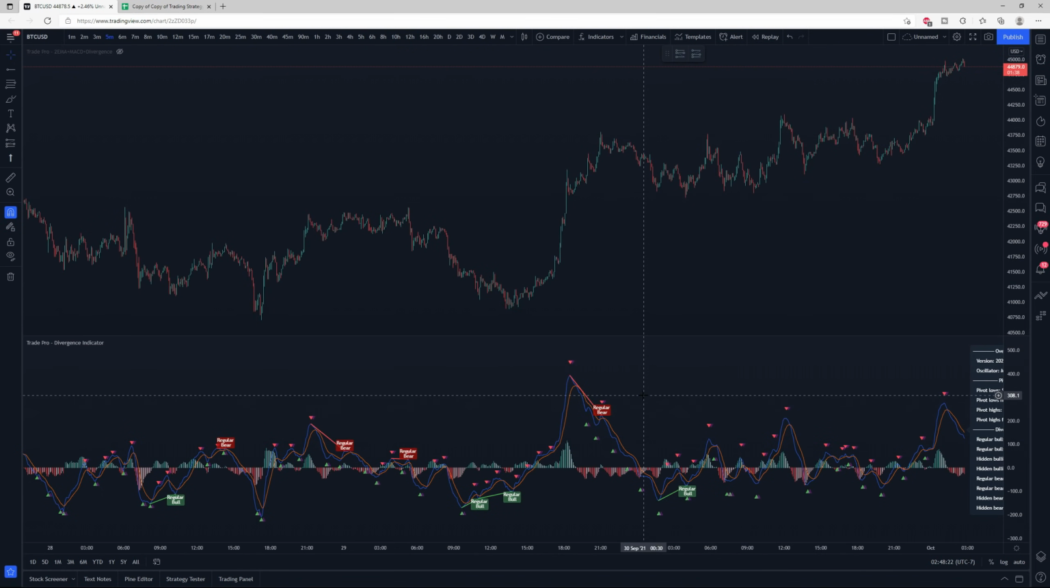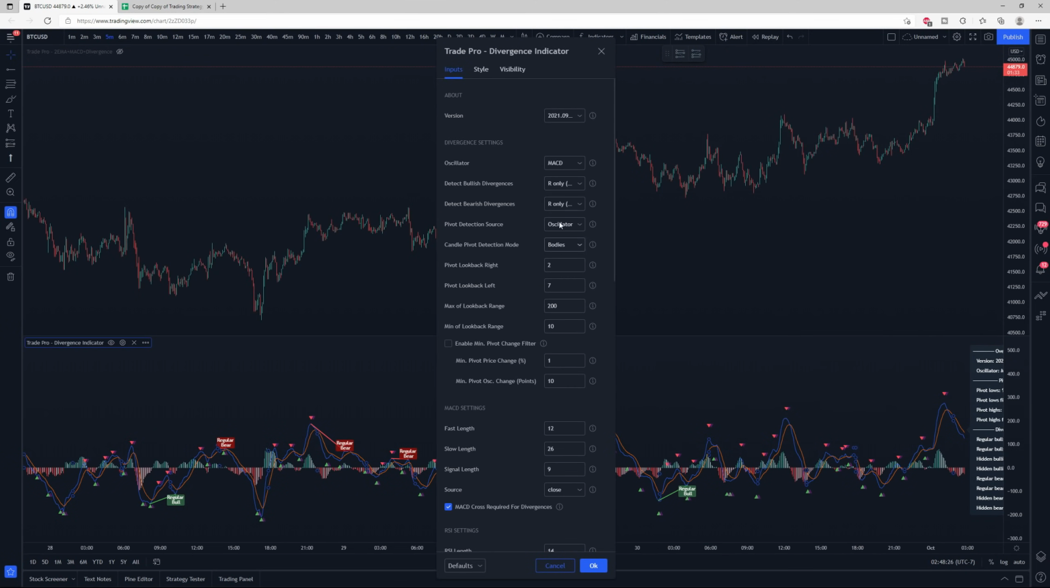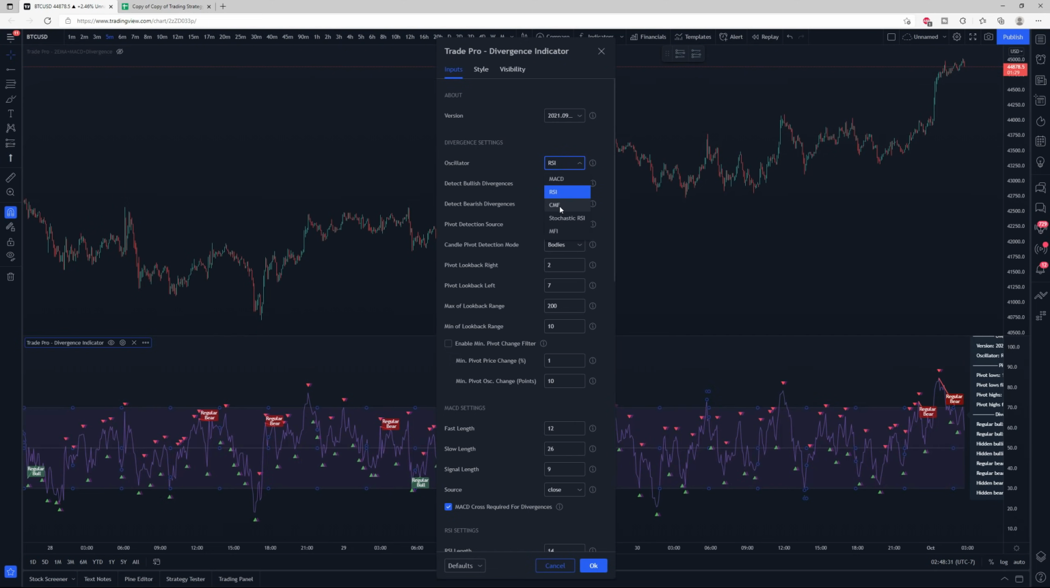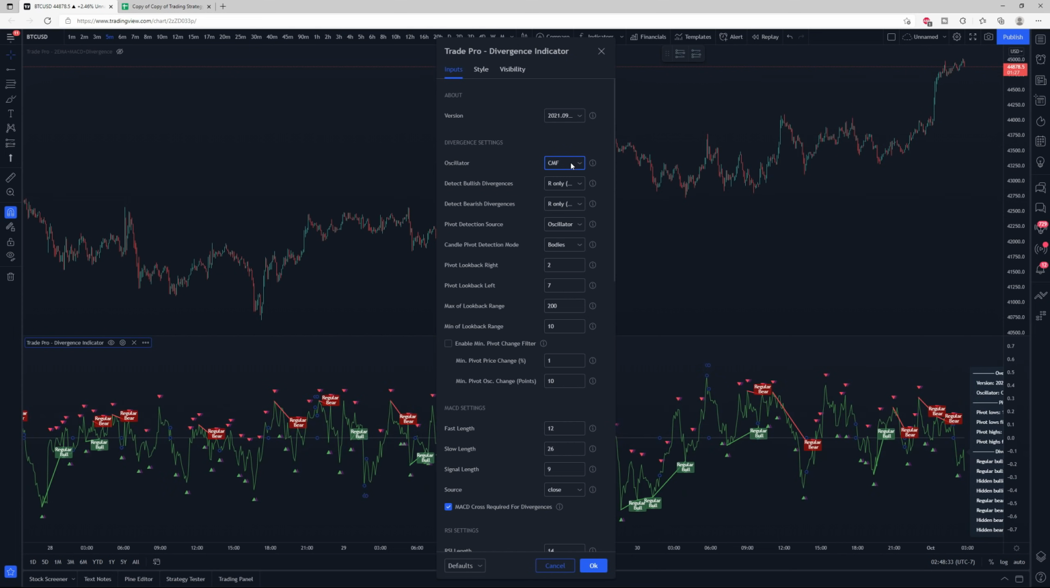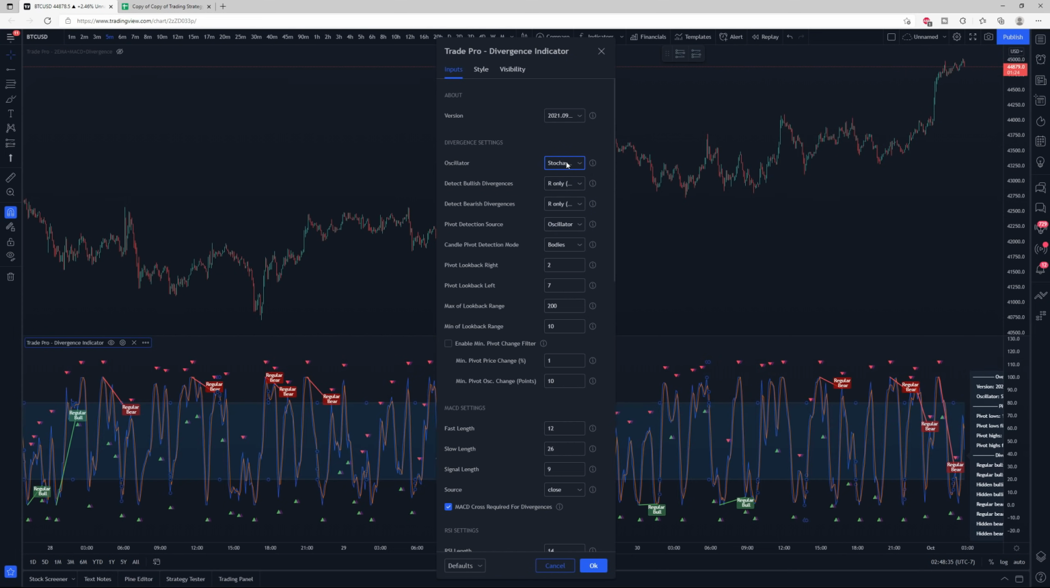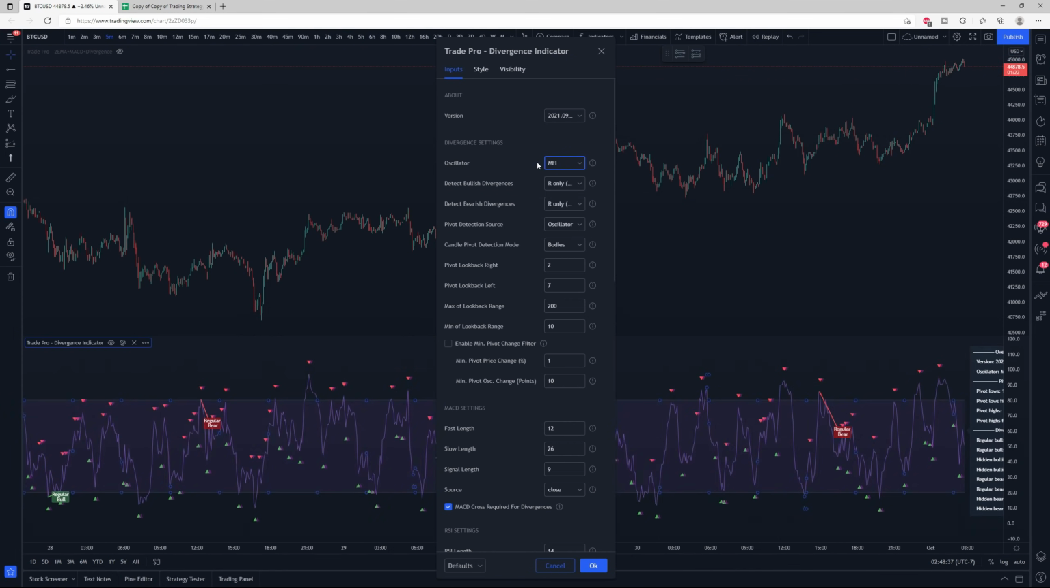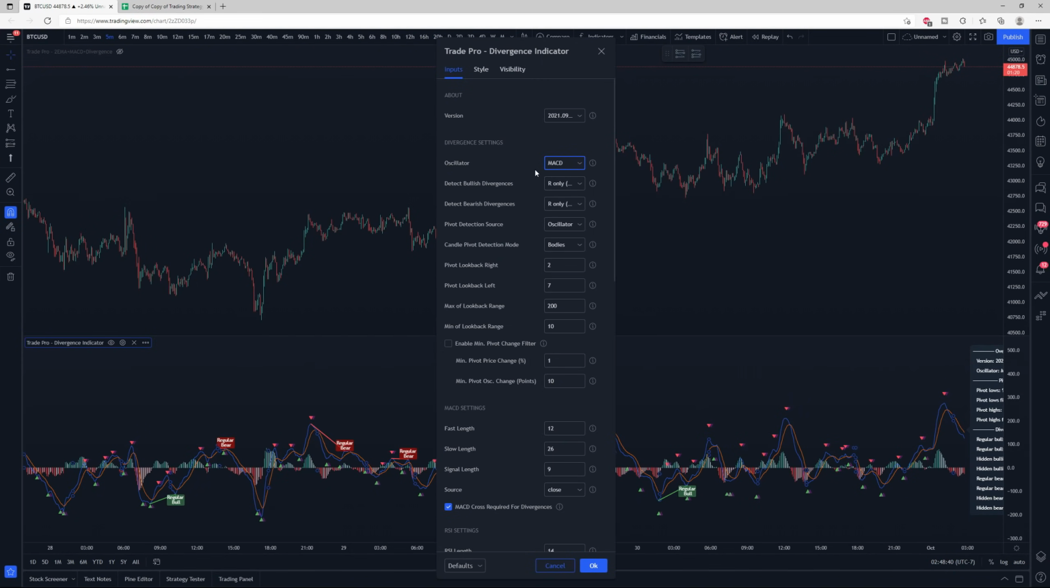set up with the MACD to detect regular divergence, but you can go in and change it to use whichever indicator you would like out of the RSI, the Chaikin Money Flow, Stochastic RSI, and the Money Flow Index. You can also decide if you wish to have it show just regular divergence, or just hidden divergence, or both regular and hidden divergence. So if I pop that on, you'll see some more signals will pop up with the